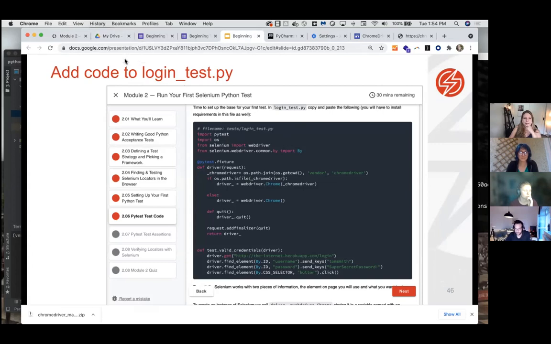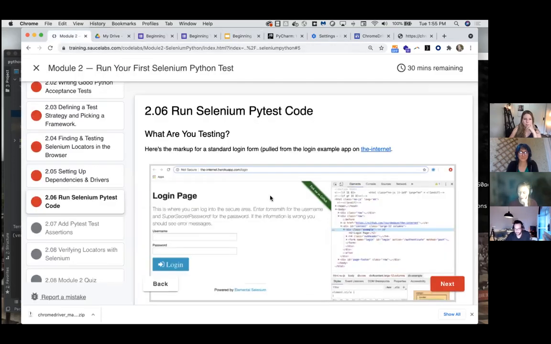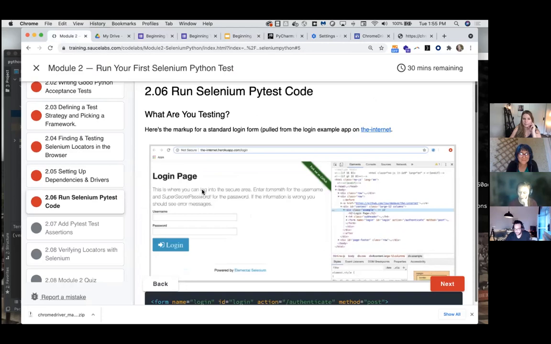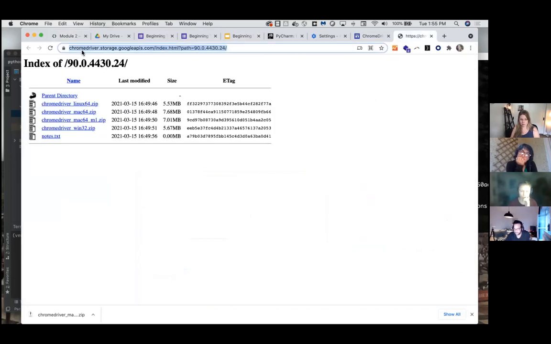Just copy and paste it there, and there are also samples so you can look at a GitHub repo. But let's take a look at what we're testing. We are going to run a test on this app that just exists. It's called